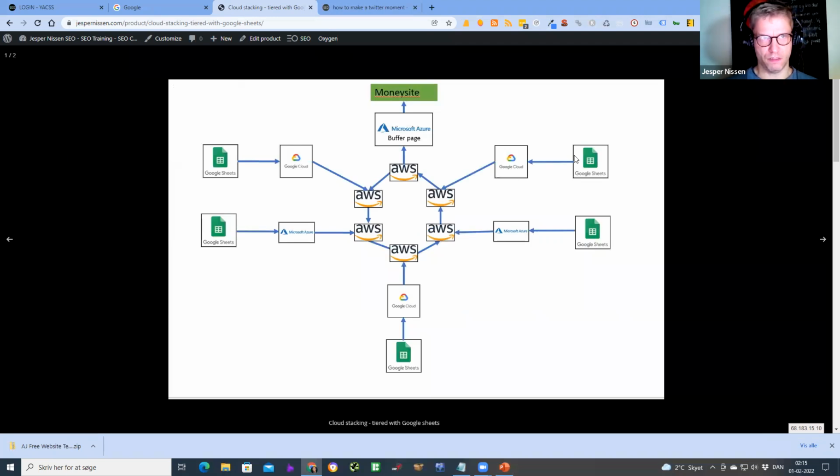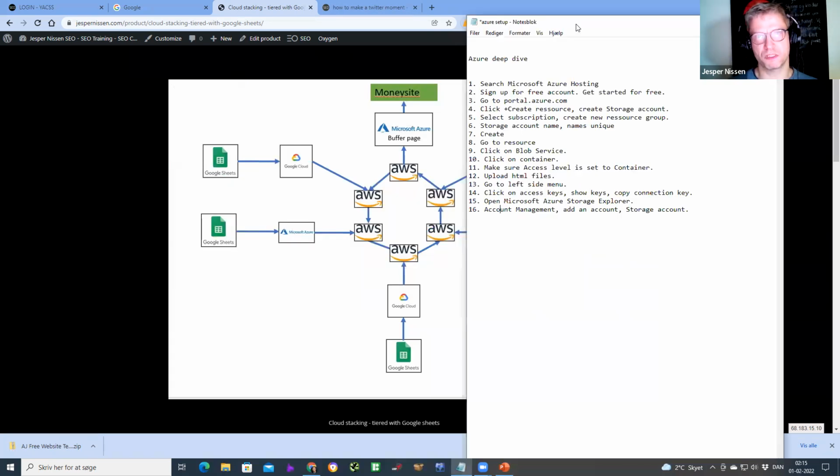So let me go over to today's agenda. The agenda is an Azure deep dive. And I'll upload, or William will upload, this procedure to his backend afterwards. So let me just get started, or I can go over, before I go to the details, what I'm going to show you.